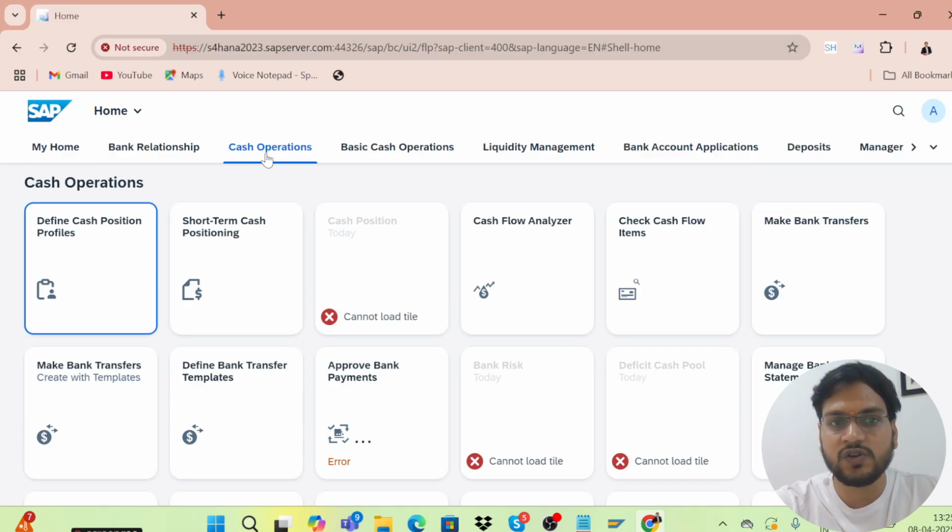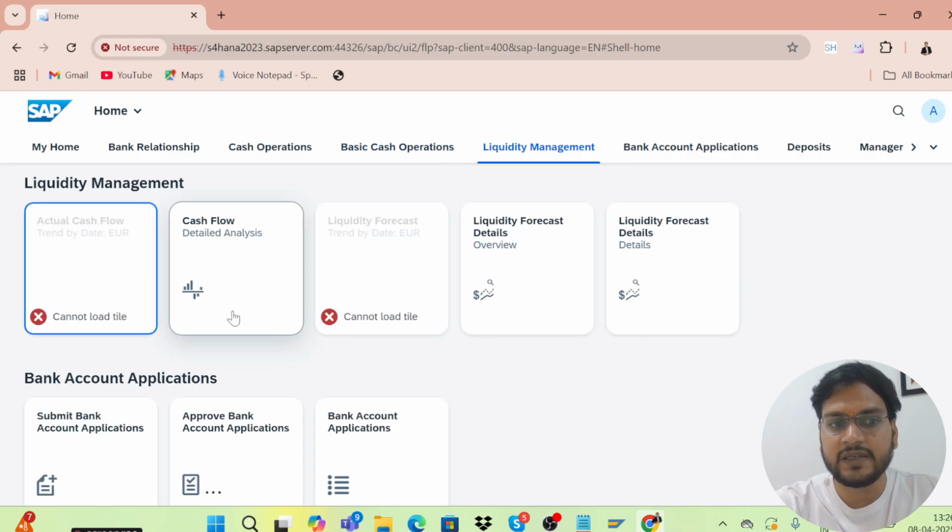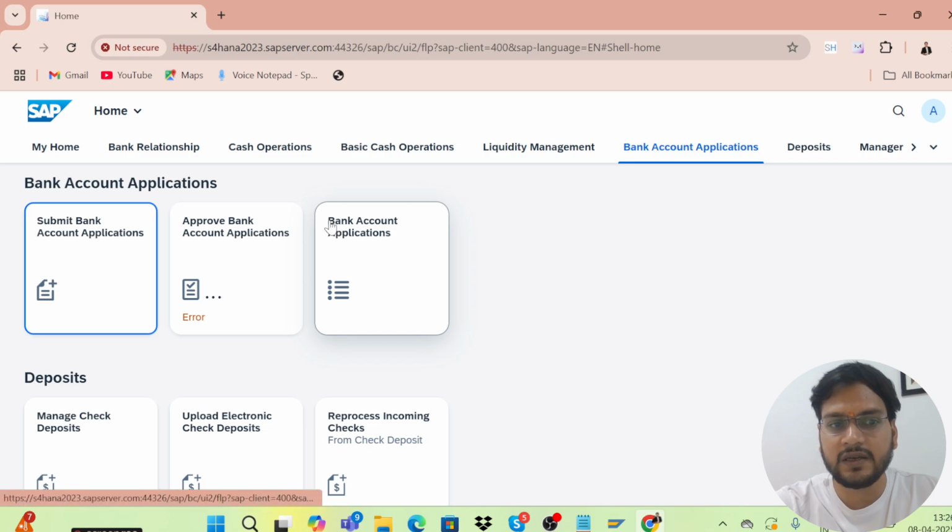If you go to cash operation, you can see tiles related to cash operation. Liquidity management, bank account application, mostly these tiles are related to SAP FICO.